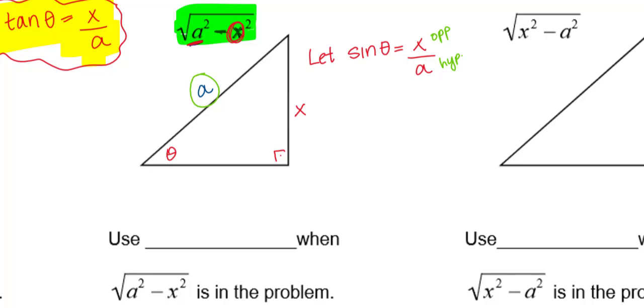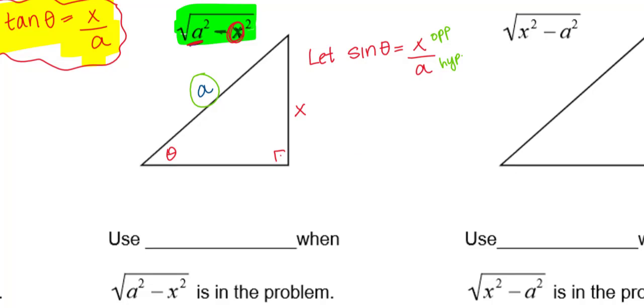Had we tried let secant of theta be x over a, right? Because I'm always going to have my variable in the numerator. Do you have to? No. We have the reciprocal trig functions we could use, but I think it's a little bit easier this way because it solves for x quicker. So if I said let secant of theta be x over a, secant is reciprocal of cosine. So that would mean in this example, x is my hypotenuse and a is my adjacent, and x is not my hypotenuse because I already said a had to be my hypotenuse. So that's not going to work.